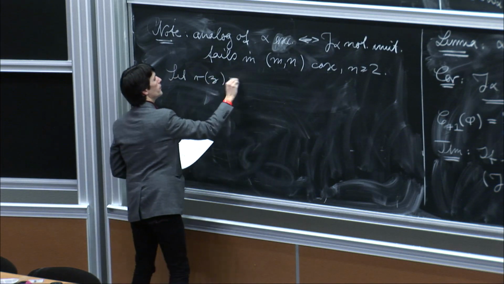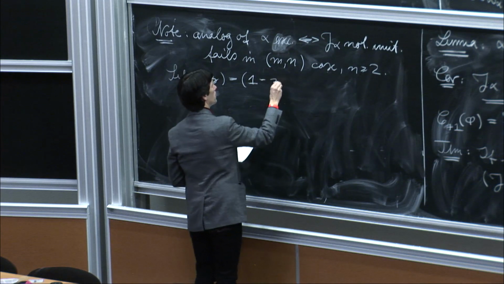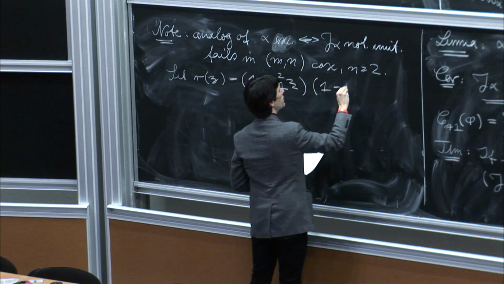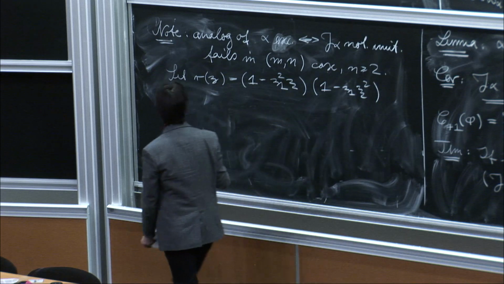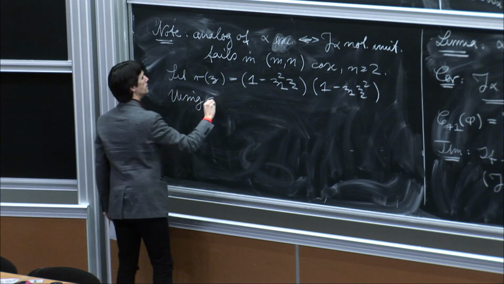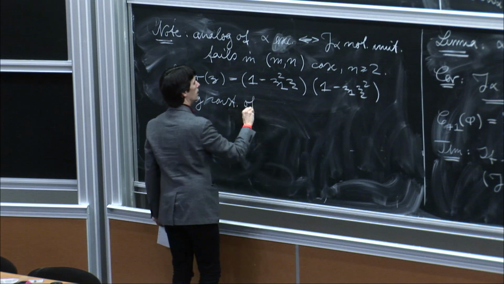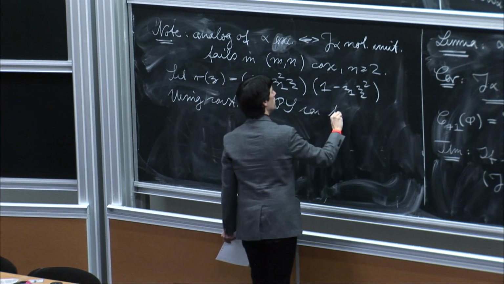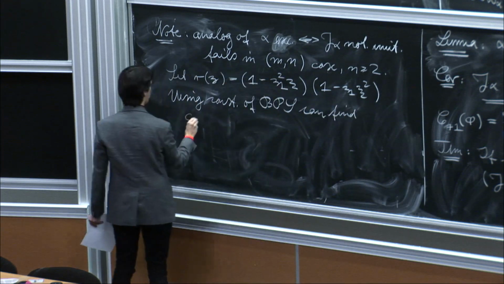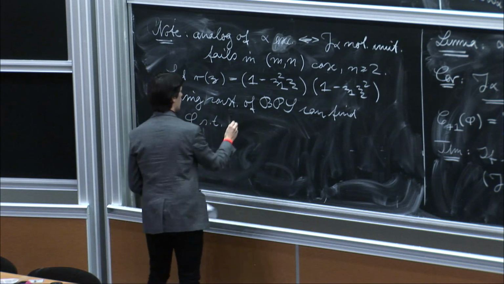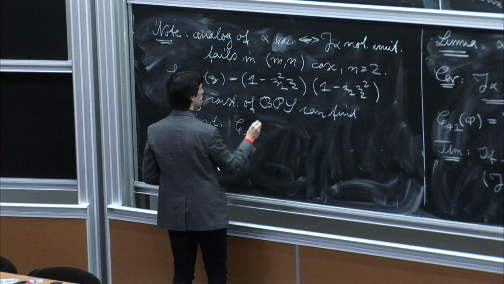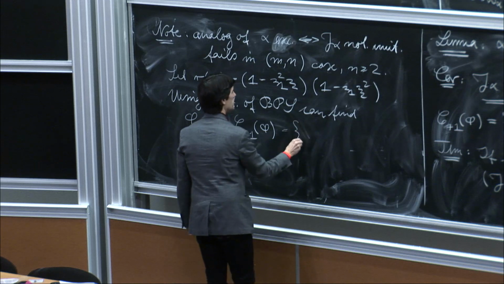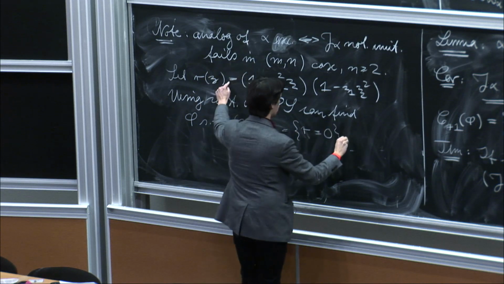Consider the polynomial that is made up of the factors z1 squared, 1 minus z1 squared z2, 1 minus z1 z2 squared. Using a construction with Kelly and James, you can find a phi, such a rational inner function, such that the unimodular level set corresponding to -1 is precisely the set where this polynomial is 0,